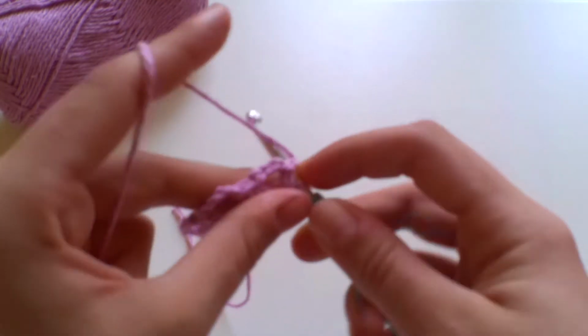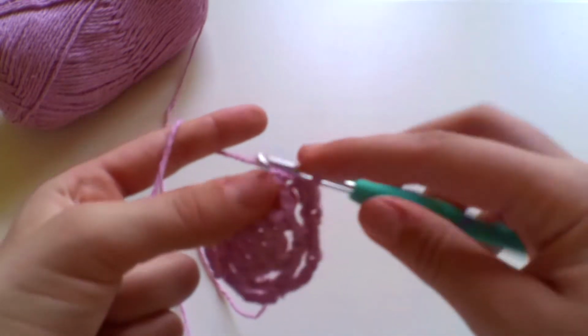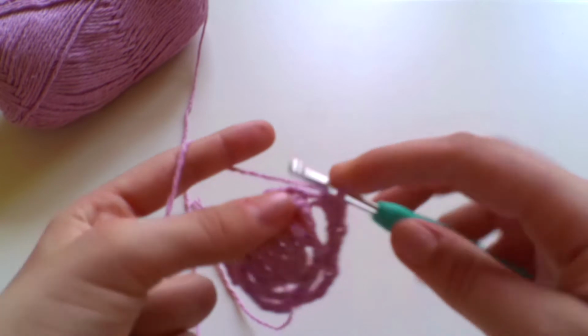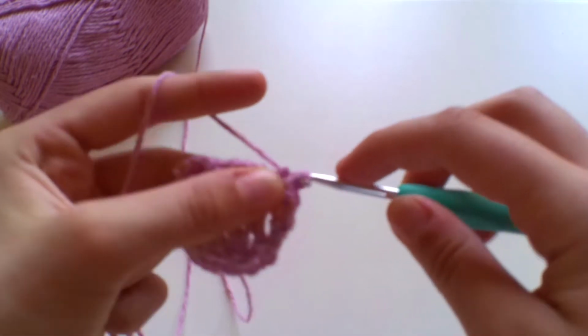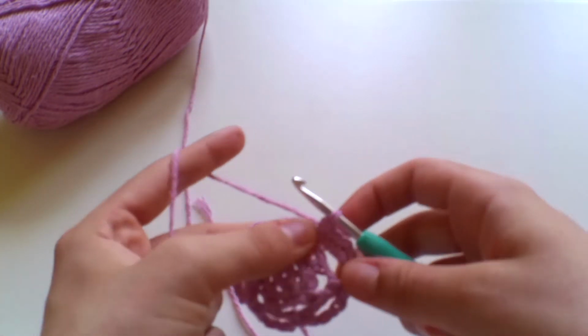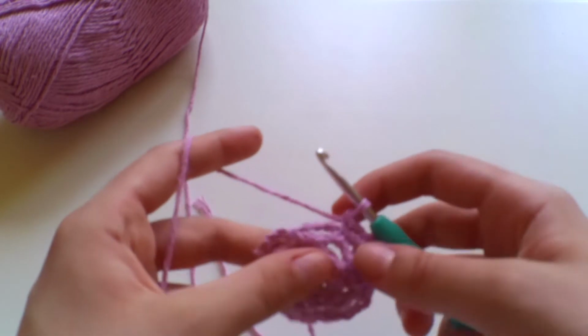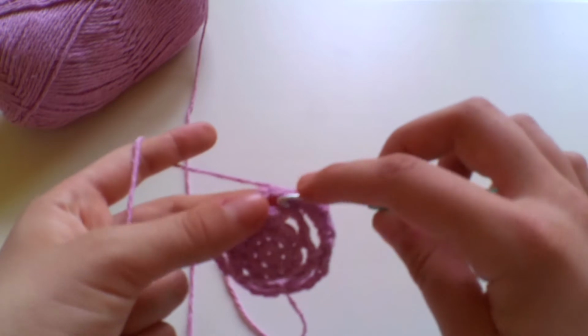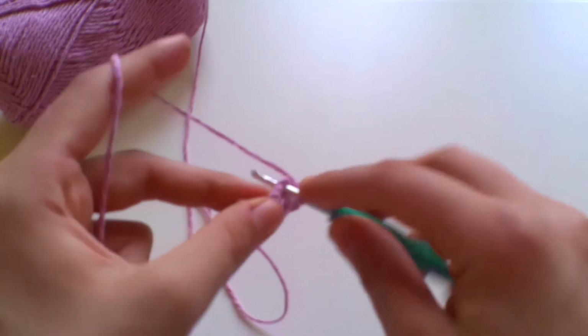2, 3, 4, and a 5th double crochet. We're just going to work that into every single chain 4 space around. So skipping over into the next chain 4 space,